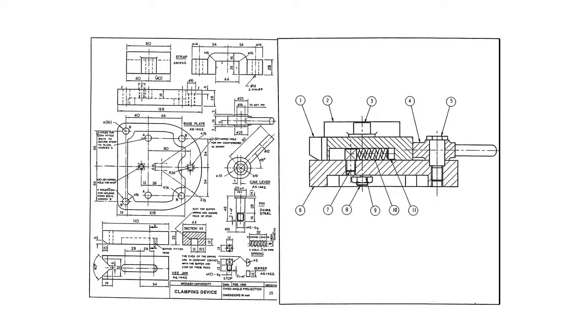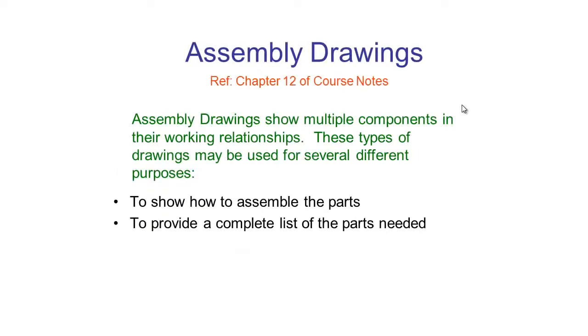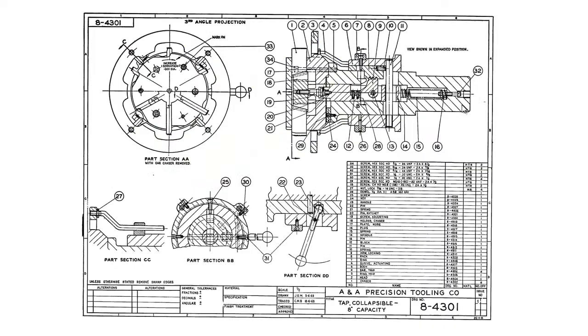So we have each of the different parts, which are the same parts represented on the left hand sheet here. However, from this view we now have them all in their working relationships, and there's enough information then to put the entire assembly together. So another purpose is to provide a complete list of all the parts required to assemble something. So we have a drawing here with 5 different views, and it's showing how all these